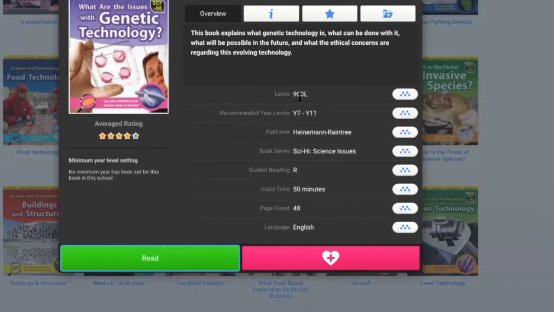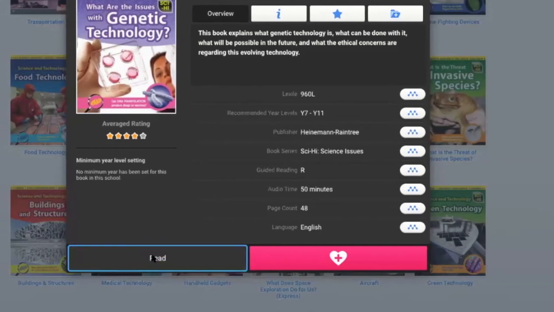The Lexile level is a framework that is aligned with the Common European Framework of Reference, I mean, the levels of performance. For example, a 960 level is B2 level. So you will be able to see all the information about the books, so you can choose the most suitable book for students to read. I just have to click here,